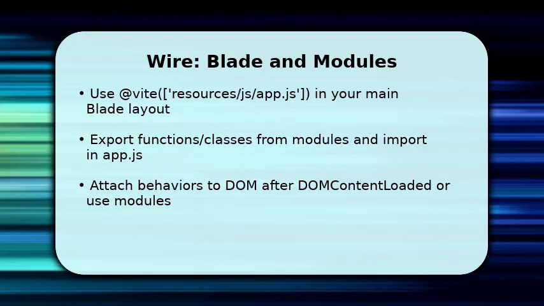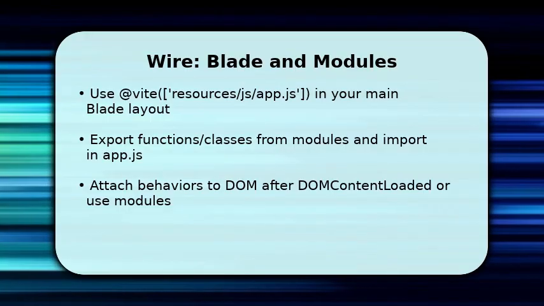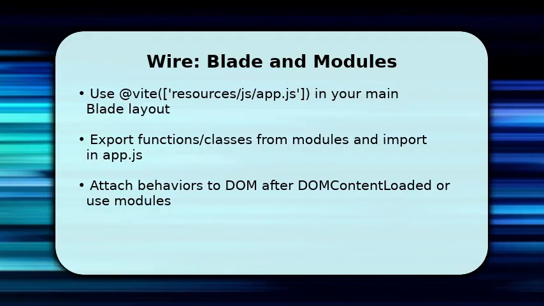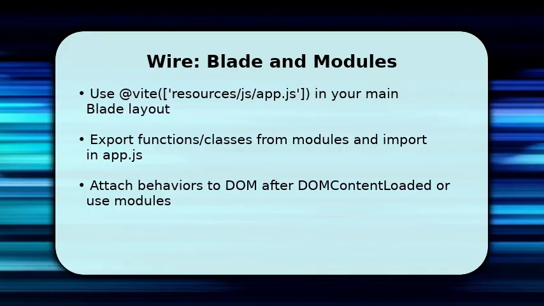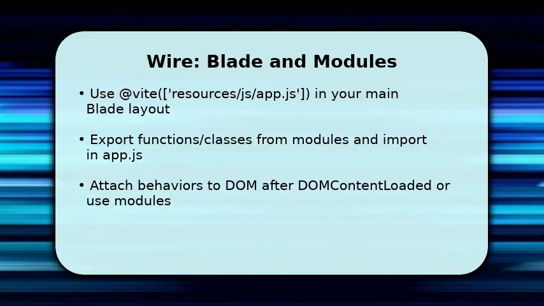Once done, structure your code into ES modules, export defaults or named functions, and import them into app.js. Make sure to initialize UI behavior after DOMContentLoaded or mount frameworks like Vue/React into a specific element. This ensures scripts load once and run reliably. Using a single entry avoids duplicate state and guarantees that HMR works, and finish by running npm run build for production